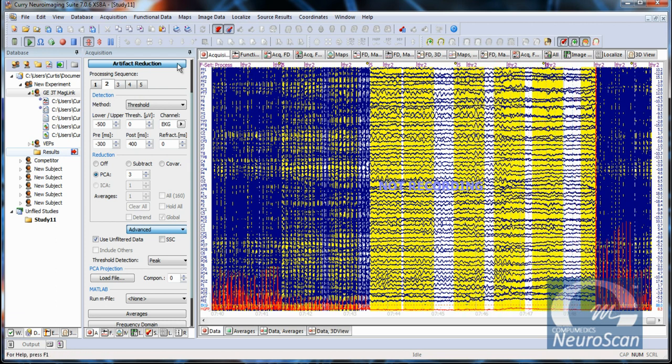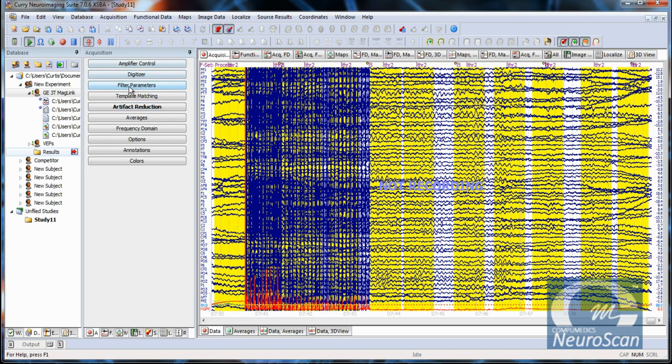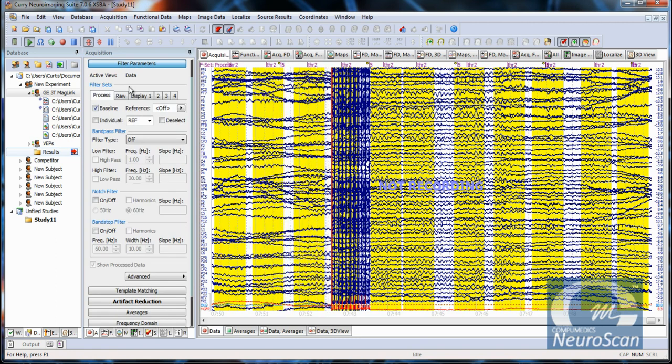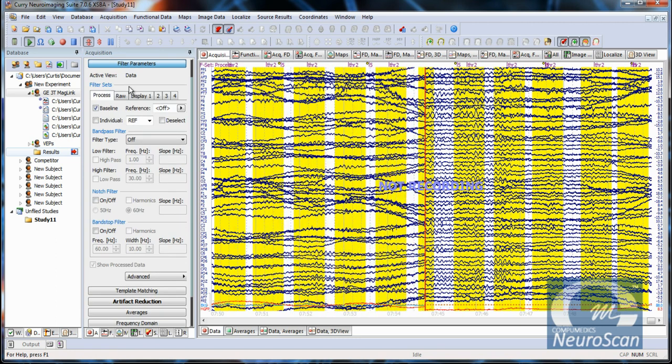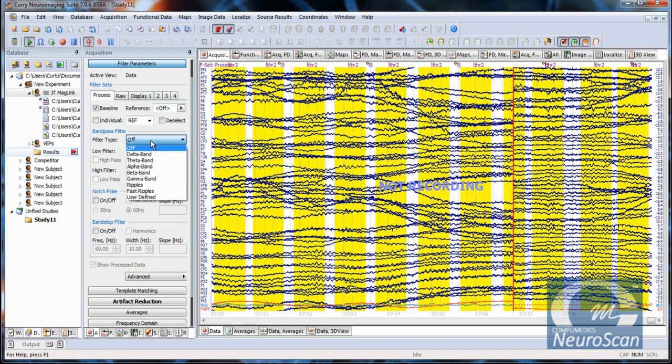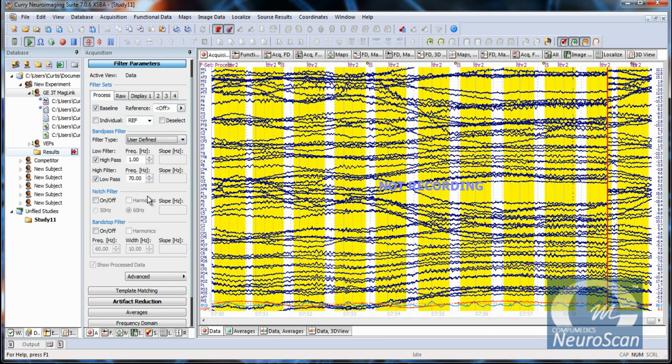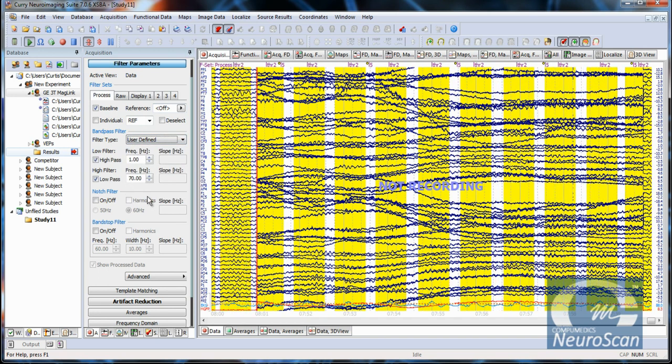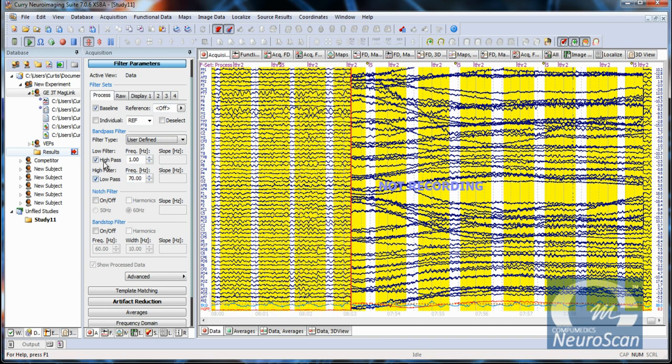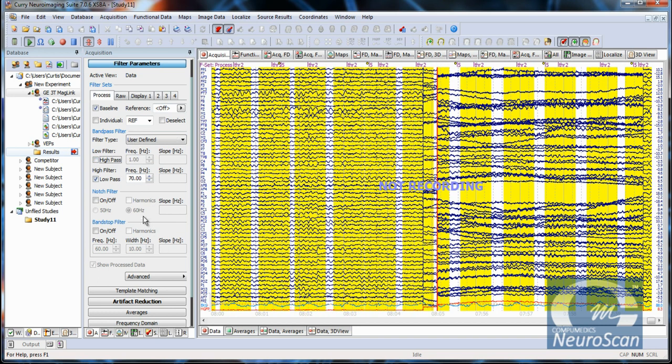The last feature I'd like to show you is filtering of the data. As I mentioned previously, we are not filtering the data at this point in time. However, we can turn filtering on to some kind of a user-defined interval. In this case, this is DC to 70 Hertz. I'm going to shut off the high-pass filter